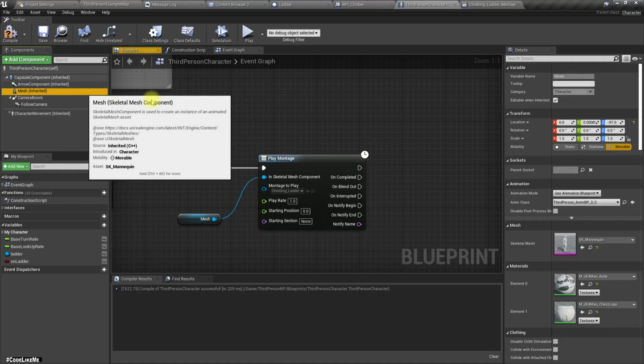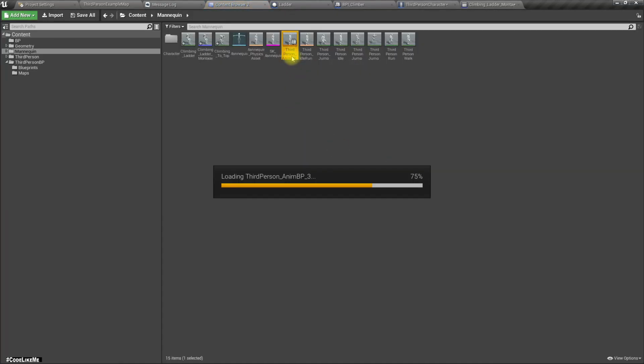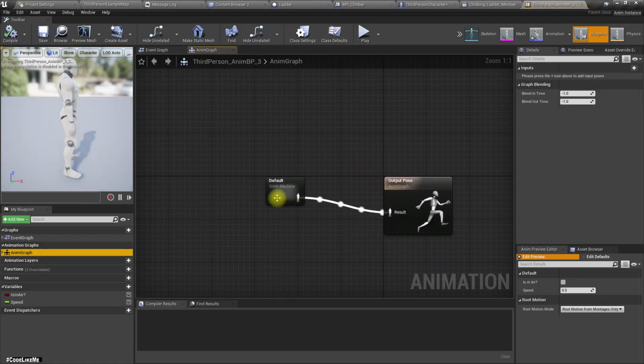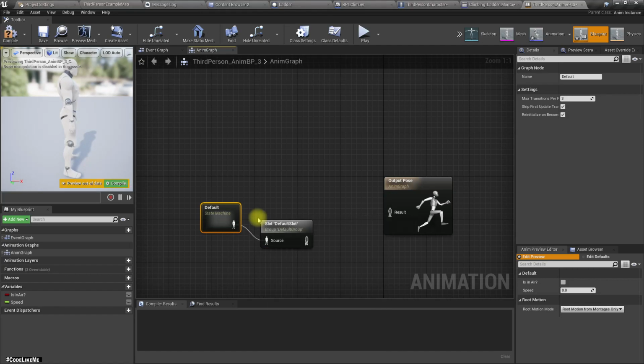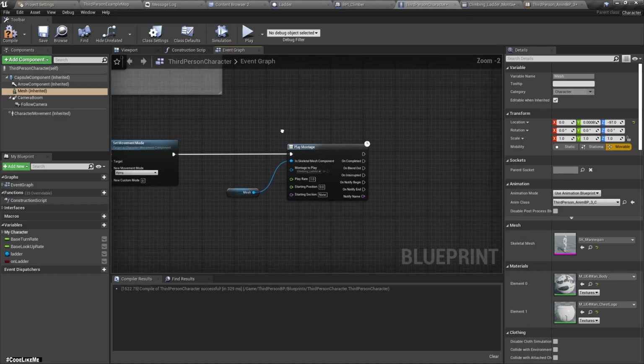And then we need to set up the animation blueprint to support montages. So let's set default slot like this. Now it will support montages. Okay, now here,